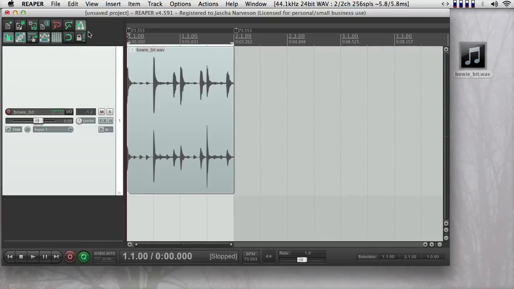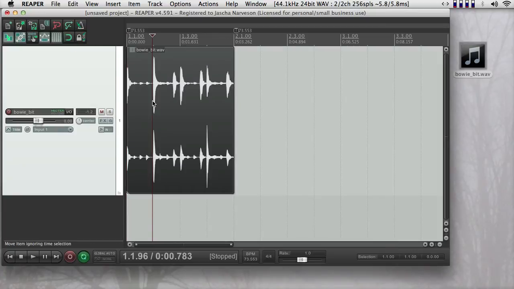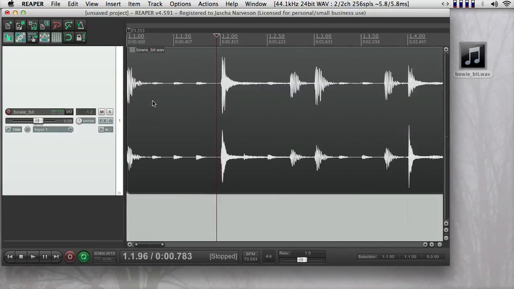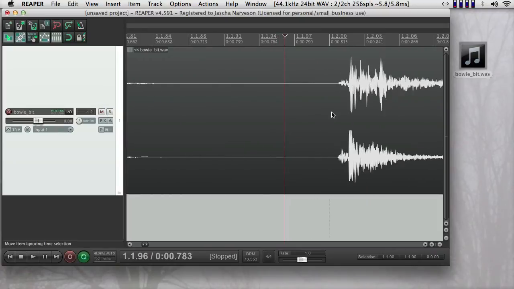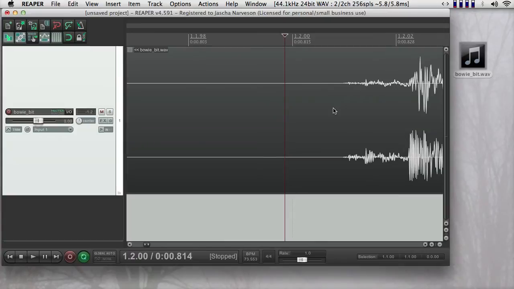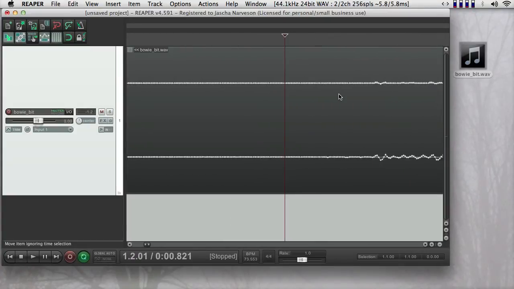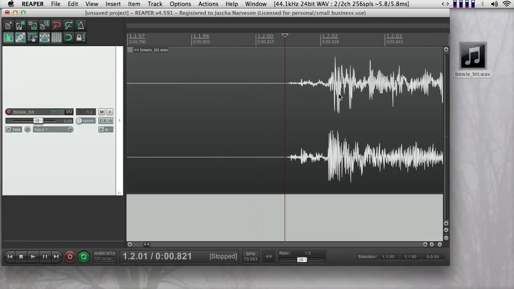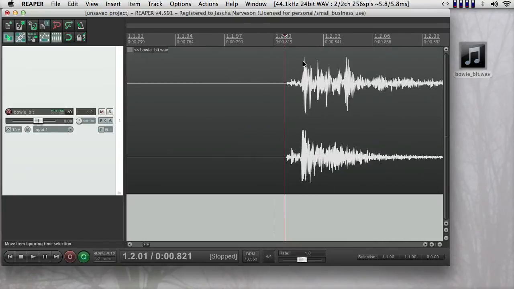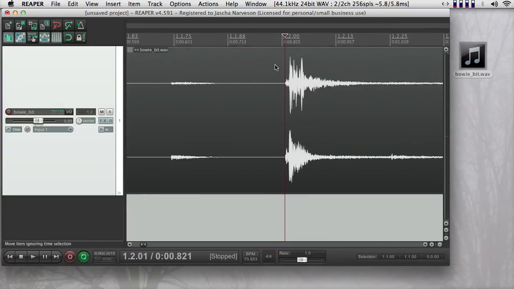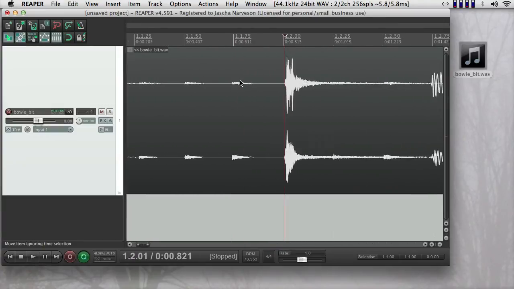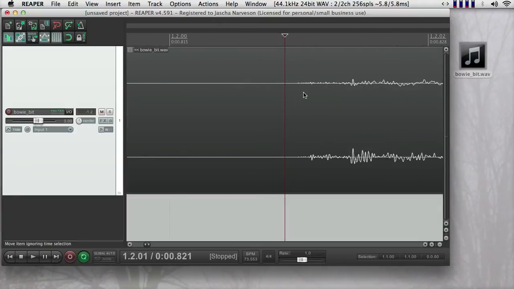Great. So now if I want to be able to cut this up into smaller pieces, there's a couple things to be aware of. First of all, human beings are not completely perfect when they play. That's part of why we like the sound of acoustic music. So sometimes the beginnings of beats might not line up perfectly with what the computer has decided is perfectly 1/4 of this bar. So I'm going to zoom in here, and I'm going to make